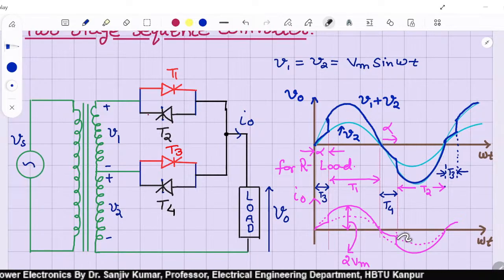And current will also jump from negative Vm by R to negative 2 Vm by R,